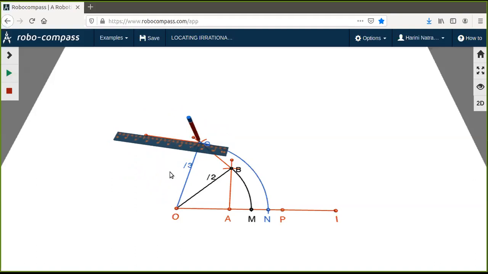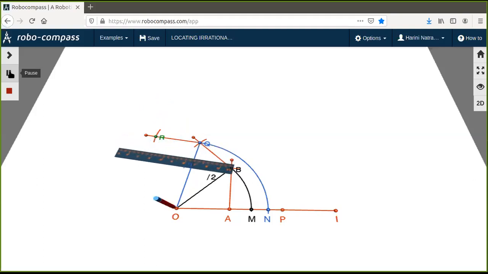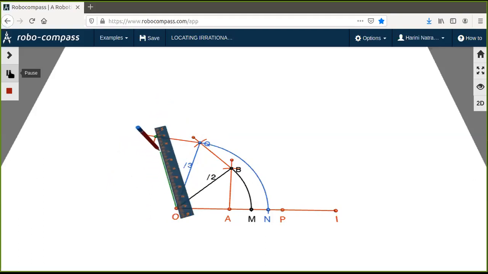So the next step, as you have already done, you have to measure this OA in your compass, which is the unit length. Keep it at Q and cut the 90 degrees. This point of intersection has to be marked. So this is the next step that we will be doing. So take OA in your compass, keep the compass at Q and cut the arc to cut the 90 degrees at some point. Say I shall call it R. Now I'll join O and R, and my third right triangle is ready. Can you see that? So I have marked it with a different color now. So this OR is the hypotenuse of the third right triangle.